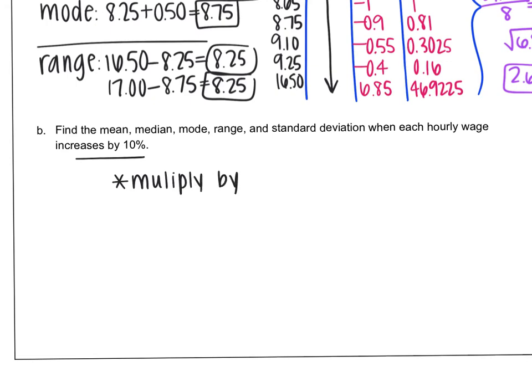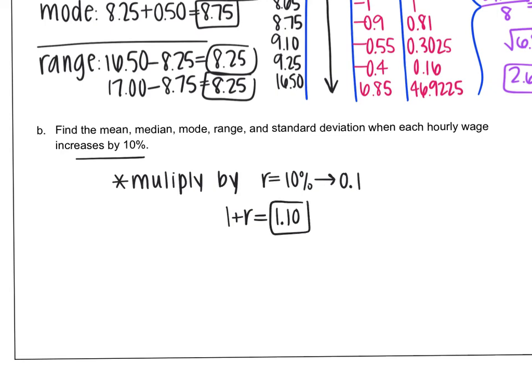My rate, my R, is 10%, which is 0.1. But I want to multiply by my growth factor. Think about I'm increasing by 10%. Back in chapter 6, we talked about growth rate. The growth factor is 1 plus R. So in this case, my growth factor is 1.10